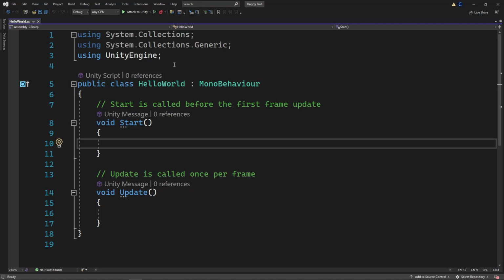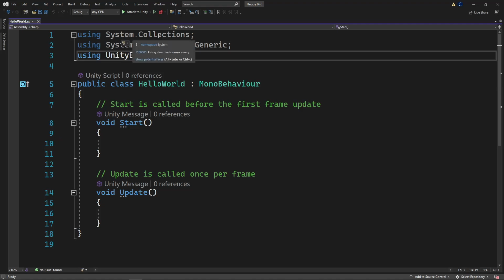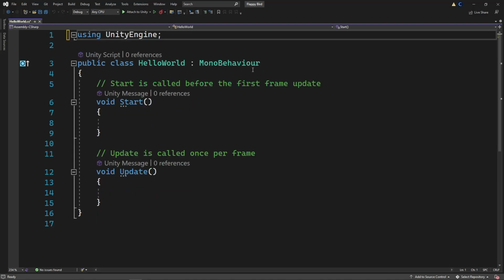But to explain the different parts of the script one piece at a time, at the very top, we have these different blocks that say using and then some combination of words. These are called namespaces, and these are the different libraries of code that this file can access. So there's this using System.Collections that lets us use things like arrays, maps, all that kind of weird programming stuff. There's another one, System.Collections.Generic, which is even more weird. We actually don't need these at all. If you really wanted to, you could even delete these. I'm not going to because they aren't doing any harm, but these ones don't do anything usually.